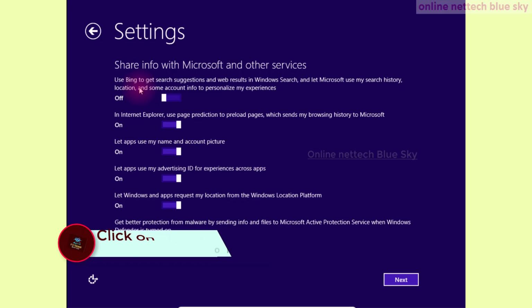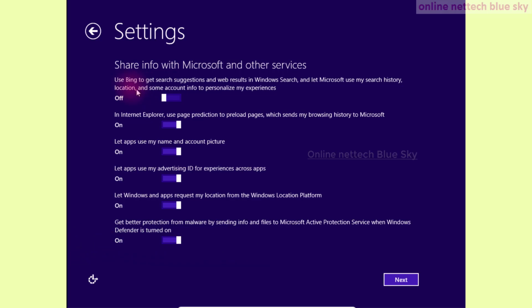Bing search suggestions, web results, website in search. Yes, I don't like it. Internet Explorer uses preload pages and sends browsing history.